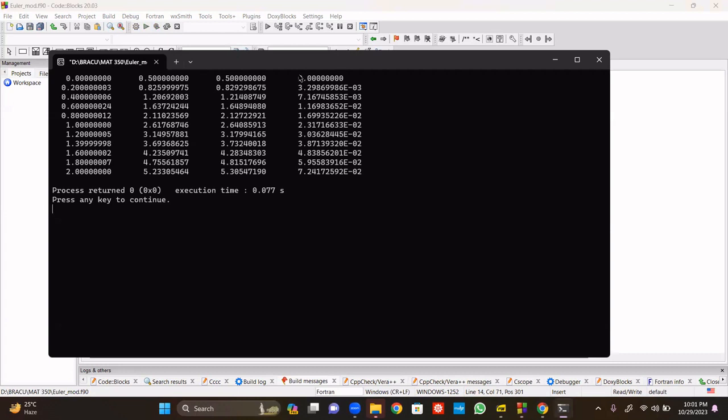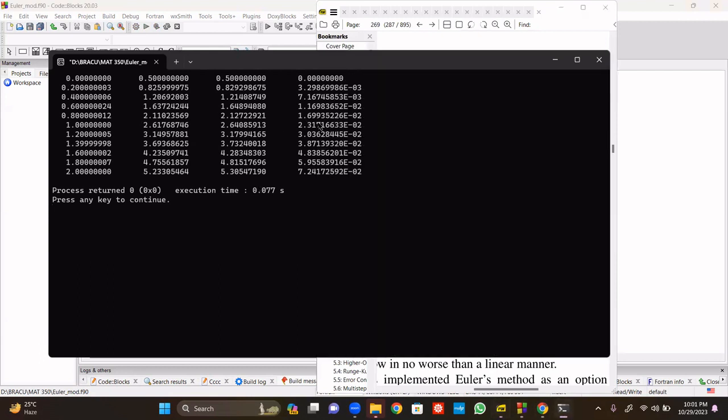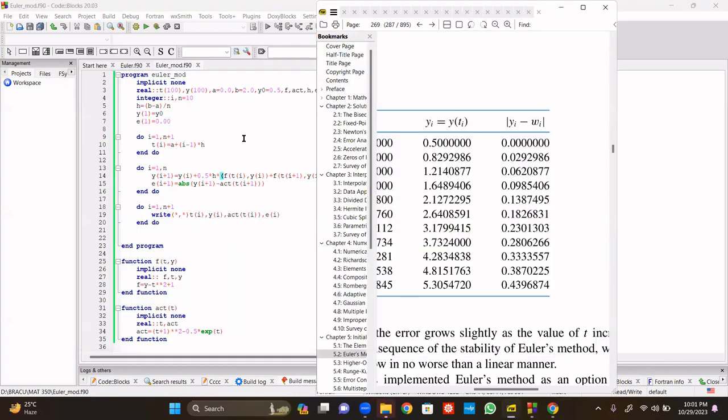Okay, now as you can see the error column, compare it with the error column we got for Euler. All right, so we have that in the PDF. Observe this error column and observe the error column in the black screen. As you can see, the errors have been reduced significantly. So we actually needed a problem where we know the solution so that we can do these experiments and visualize that modified Euler indeed works better than Euler method, right? So now we are ready to use both of these methods to solve problems that we don't know the solutions of, right? So we can do that, but